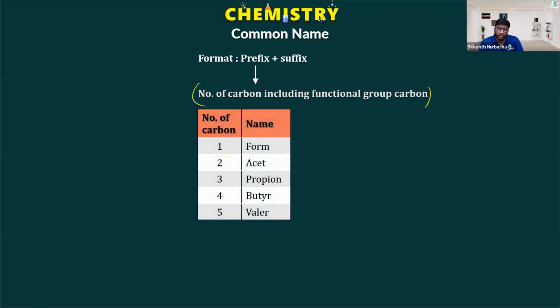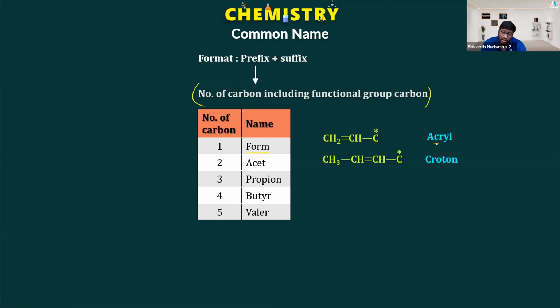So whenever we have one carbon, you name it form; 2 carbons, acet; 3 carbons, propion; 4, butyr; 5, valer. With respect to these prefixes, you have to give the complete name. Number of carbons: 1 means form, 2 means acet, 3 means propion, 4 means butyr, 5 means valer, and then you add the suffix name. So let us look at naming. Some special names are CH2=CH–C, which is acryl, and CH3–CH=C, this is